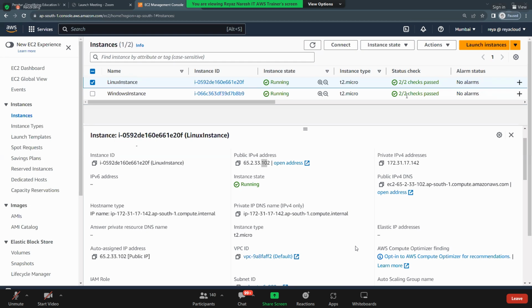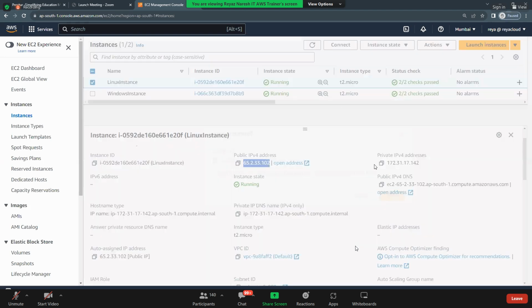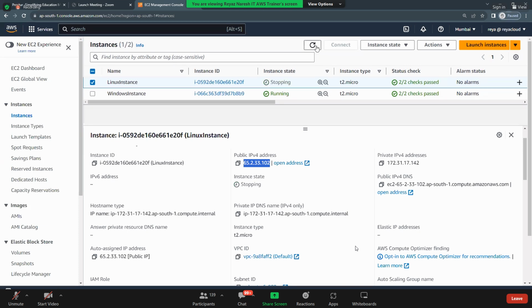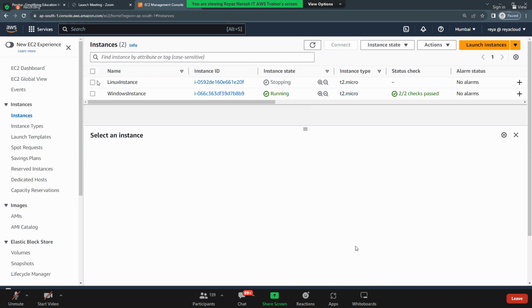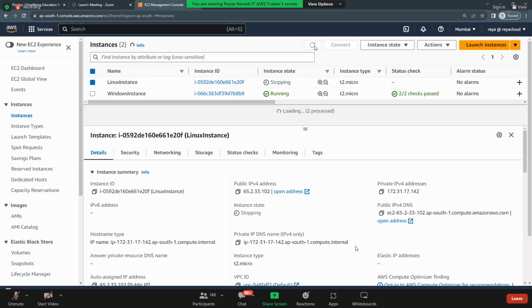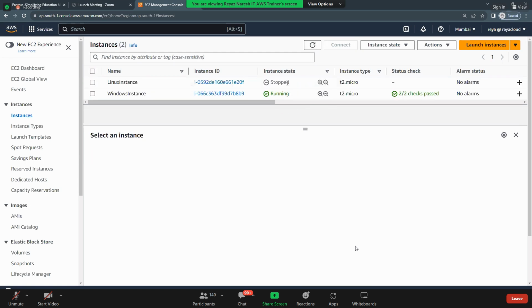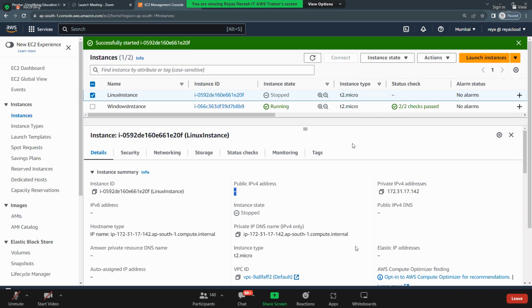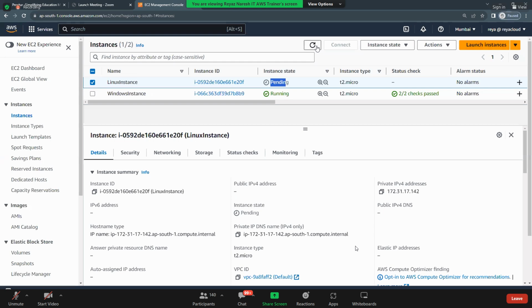So should we go and stop and start the EC2 instance and see if this is changing or not? How? Instance state and then stop. If we click on stop, what is the state that you get? Stopping. So now it is stopping. Wait a bit. It is stopped, no? Do you see the IP address here? It's gone. So if I start it, what will happen? Let's see. I started it. Now it changed from pending to running. Once it is running, then you should get a new IP.